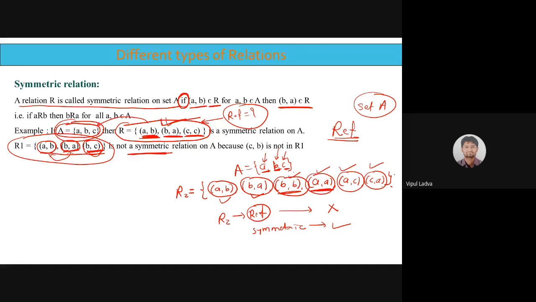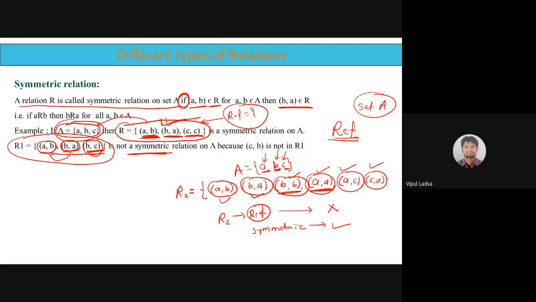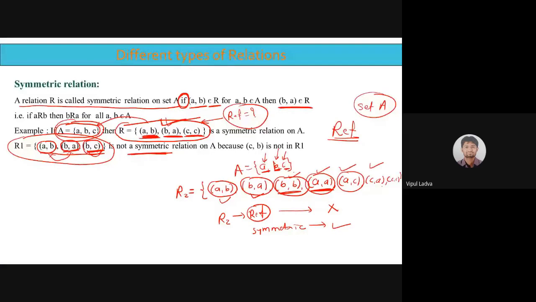And if I add C comma C over there, if I add one more member to this, which is C comma C, then this relation will act as a reflexive also. Then this relation is also reflexive as well as symmetric. So are we clear on this reflexive as well as symmetric? Let me know, tell me quickly in the chat box, yes or no, do you understand reflexive and symmetric both? If there is any doubt, tell me quickly.